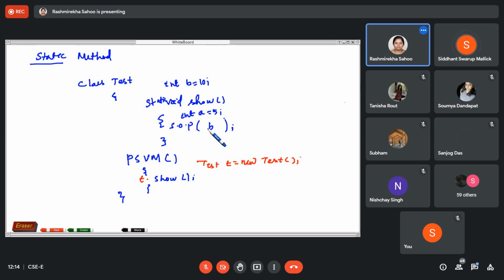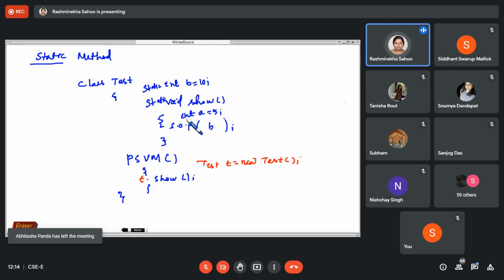Yes, ma'am, instance variable can be used in static method. Now you make it static. Yes, ma'am, it's working. Okay. That means your static method can access the static members.